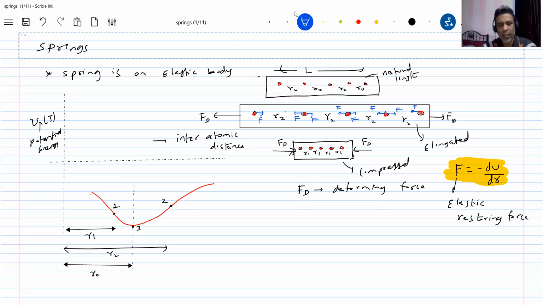I'm showing the rough idea. Now similarly, let's come to the other case. Instead of stretching the body, I will decrease the length. To decrease the length also, I have to do work because I apply a deforming force. I'm going to press it, or you take some sponge and squeeze it, and its volume decreases. Here we are discussing a rod, so the length of the rod decreases and the distance between atoms decreases. To decrease the length of the object, you have to do work. The work done by me is converted into an increase in elastic potential.